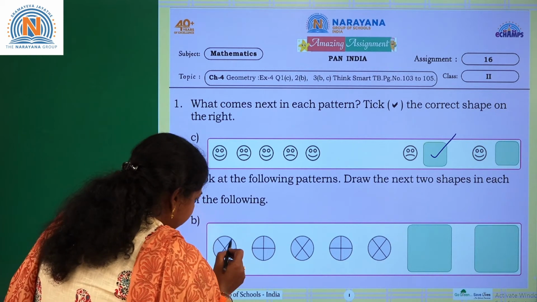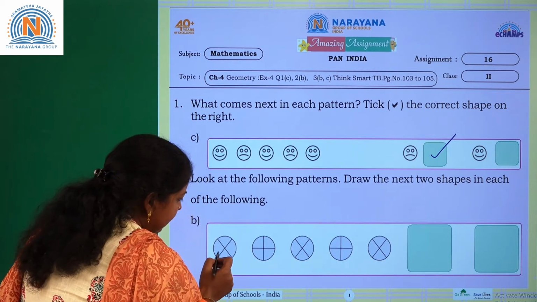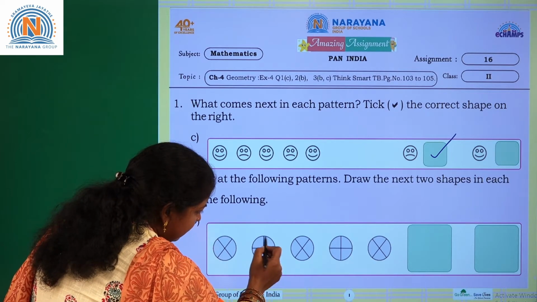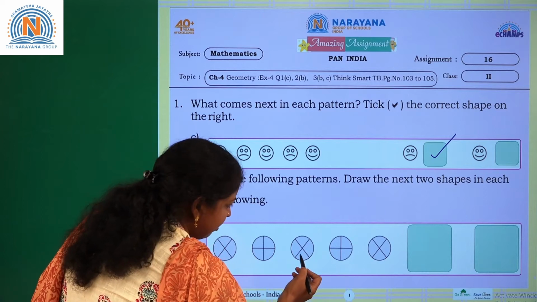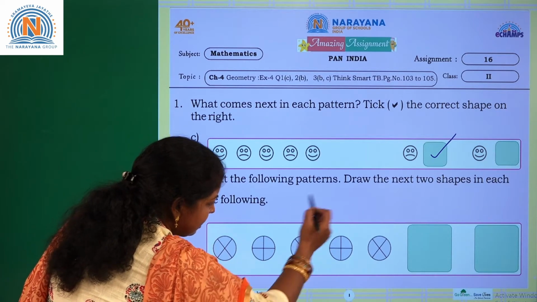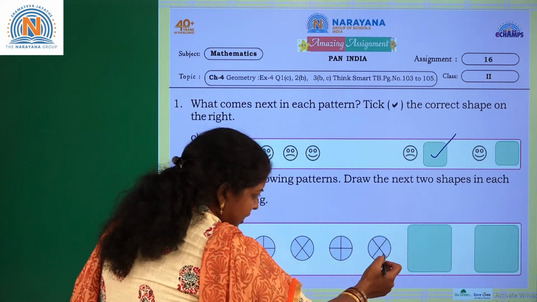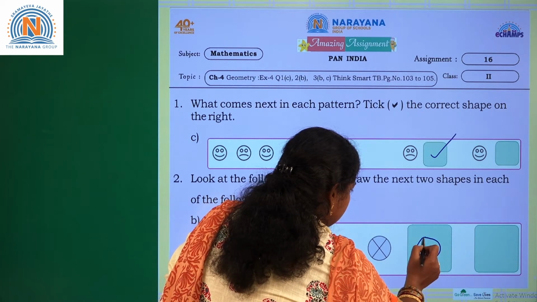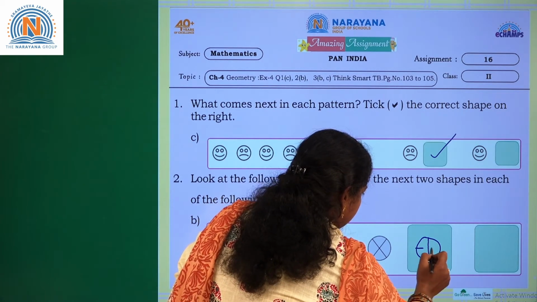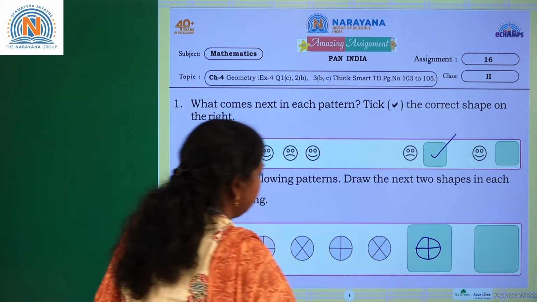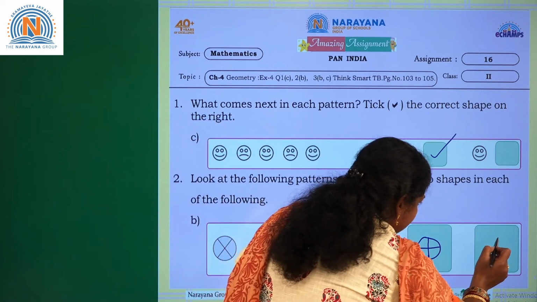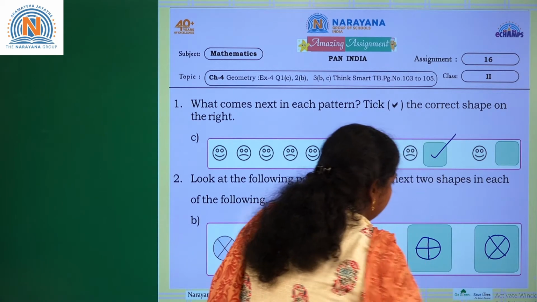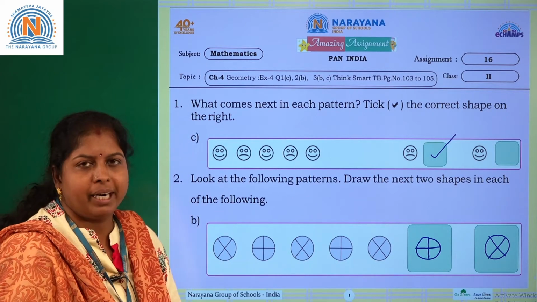First one is having a circle and two lines diagonally, right? Like this you are having. And the next one, this is the next figure. And again the same figure was repeated. First figure was repeated. And here second figure was repeated, right? And first figure, and now you will get the second figure. Right? And what about the next one? Again first figure. Okay? Like this you have to complete the pattern.